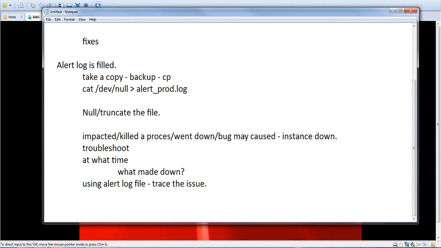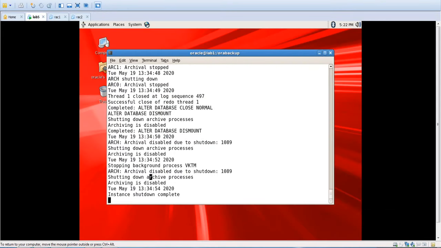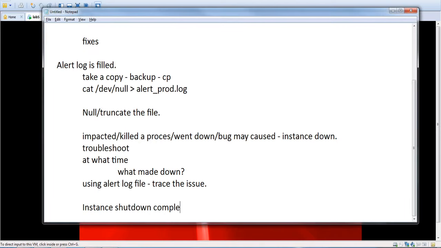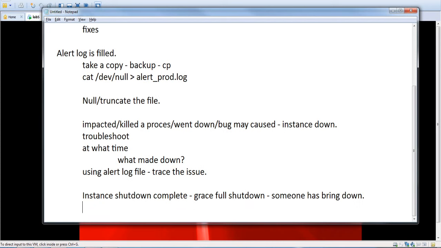So as it shows, instance shutdown complete on the last line. It does mean it's a graceful shutdown. For audit reasons we can say that someone has done it. But